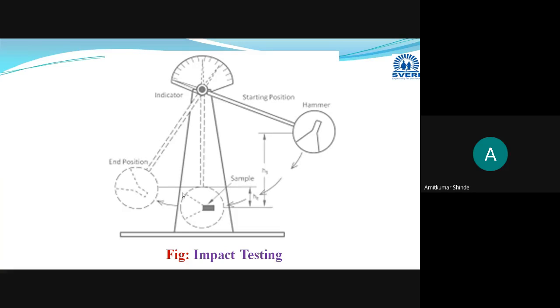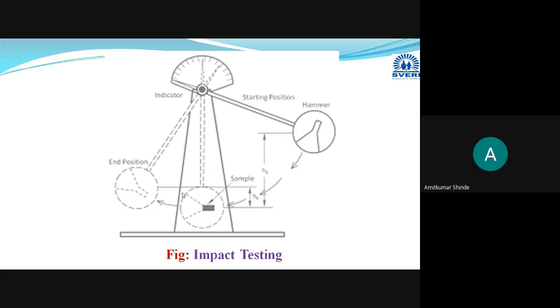Now to determine the tensile impact energy, what we are going to do is change the position of the specimen with the help of one gripper. With the help of one gripper, we are going to fix the specimen in such a way that it will form a cantilever beam. A cantilever beam means one end will be fixed and another end will be free. This is termed as the